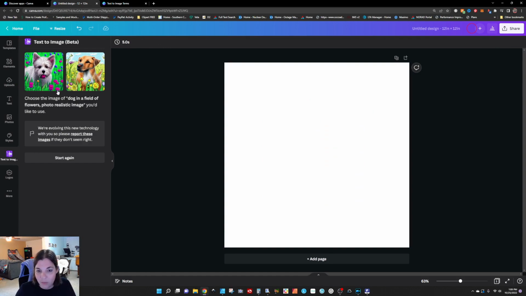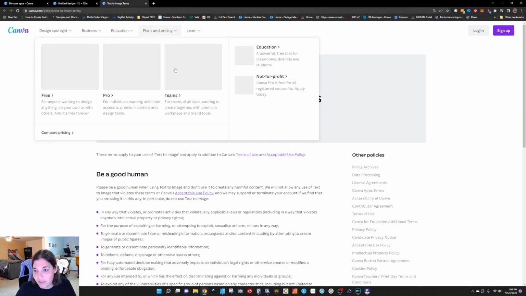So there are some caveats with this. You can only generate 24 images a day. So if you're like a crazy addict on this kind of thing, you can only generate so many. And now I'm going to go over to the terms of use to show you that. I will say that